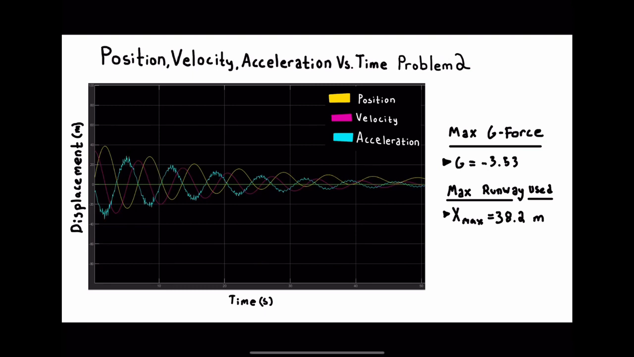Problem 2 had us substitute the jet with a much smaller UAV, weighing 550 kilograms and moving at 35 meters per second. As seen in the graph, the UAV will get tossed around like a paper airplane. It was found to have a maximum g-force of negative 3.53 g's and used a maximum of 38.2 meters of